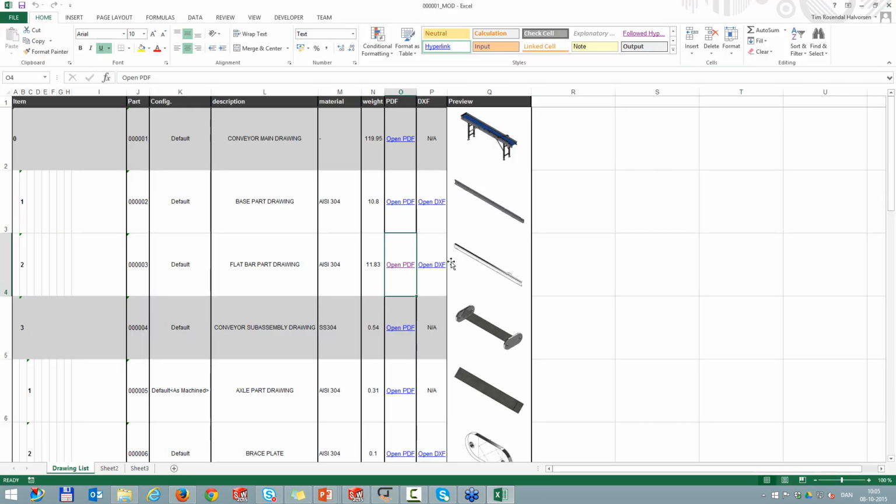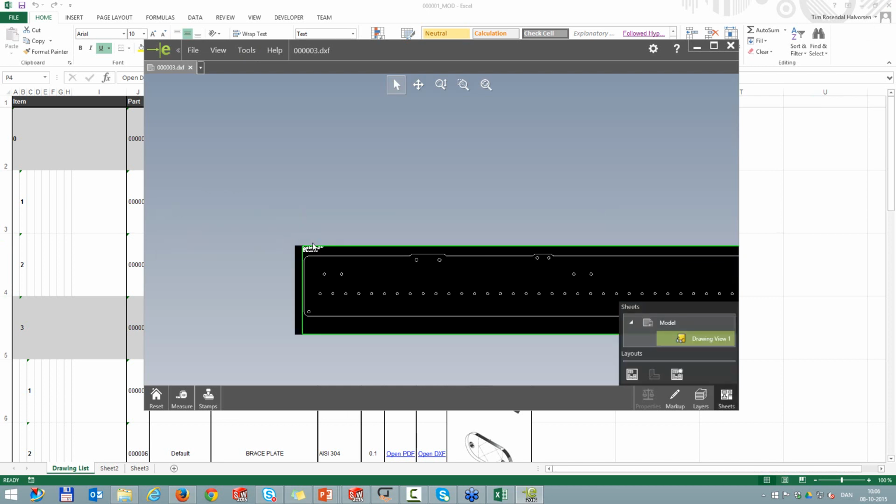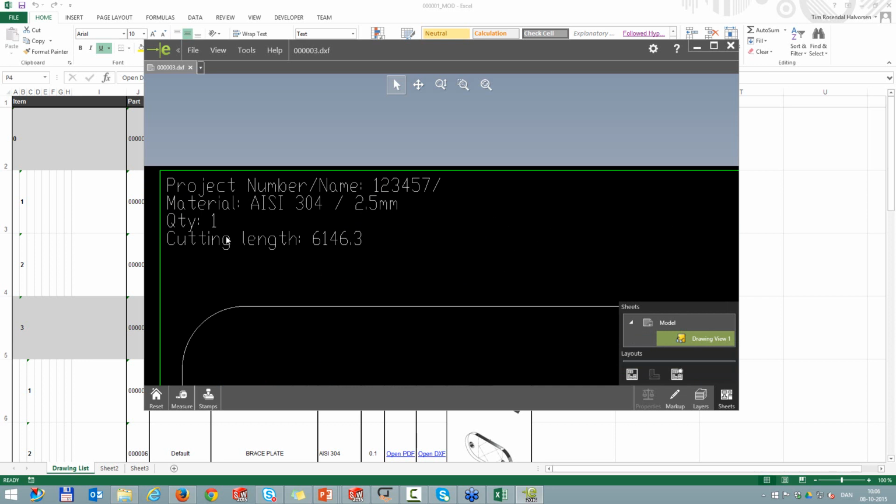And we could even supply him with the DXF file where we have the part flattened. And if you followed the DXF Masterclass webinar we did last month, then you would understand that we were also able to put a note into our DXF output, in this case the material, the thickness, the quantity, and then even the total cutting length required to create this part.